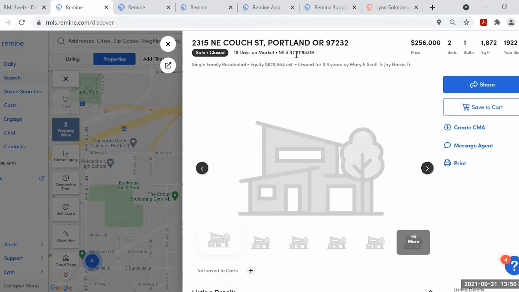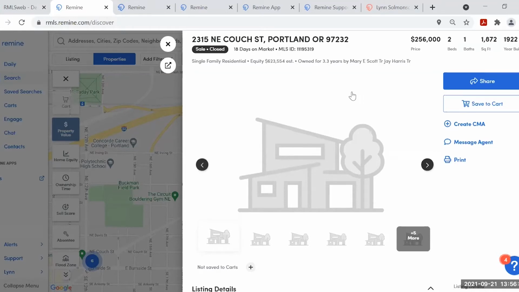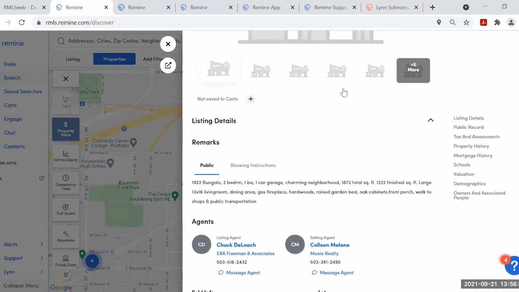Okay, so the MLS ID number on this property starts with an 11. So this was an active listing basically 10 years ago in 2011. Okay, so currently off market.